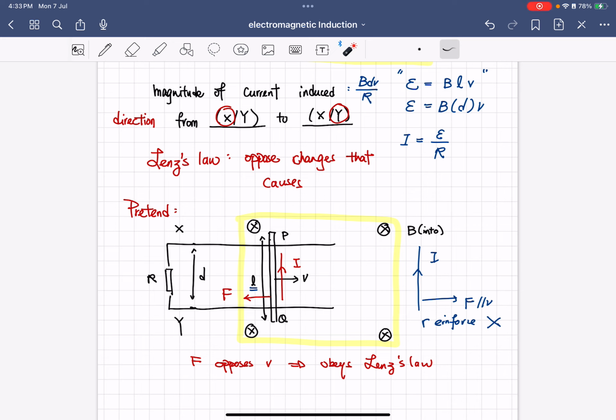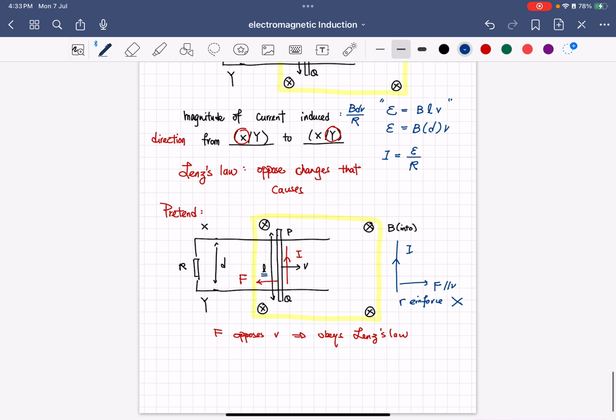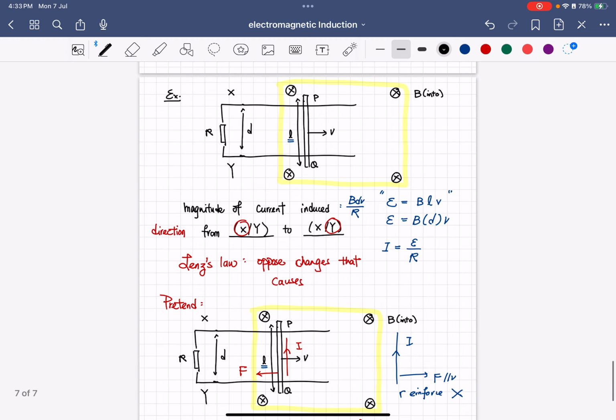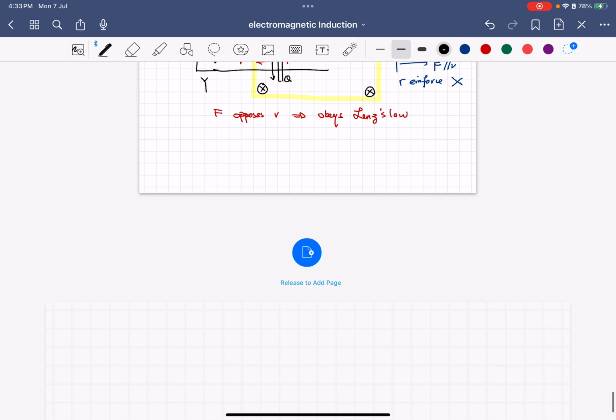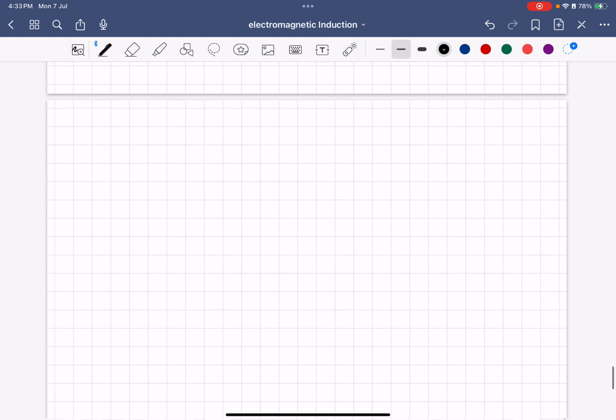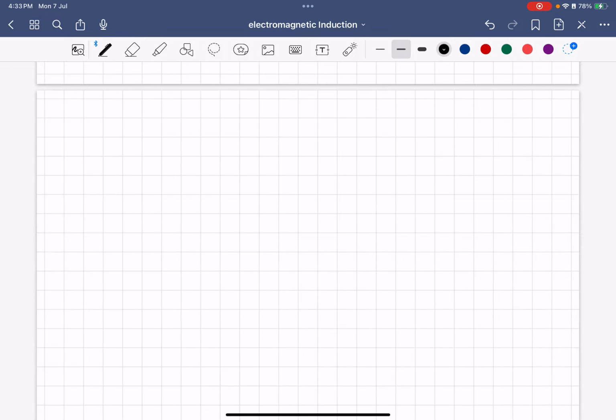Okay, I think we can do some detailed discussion about this kind of situation. Now, the next thing will be, we look at the case about